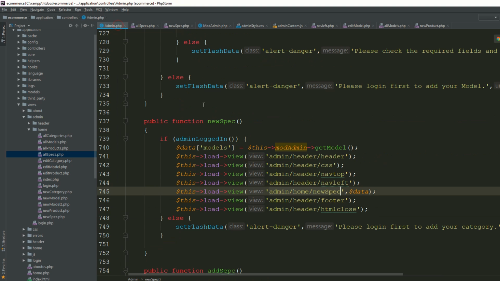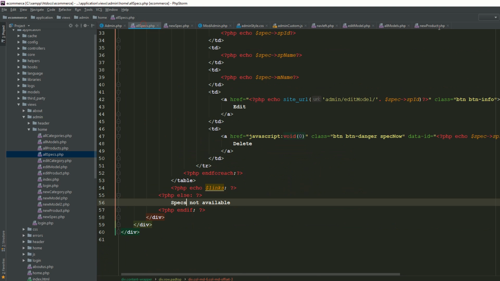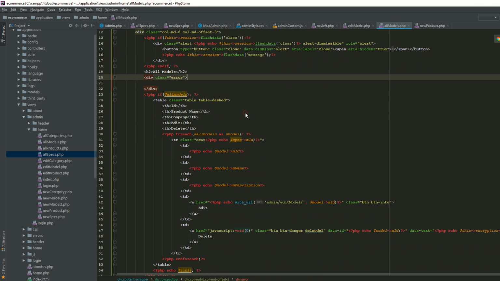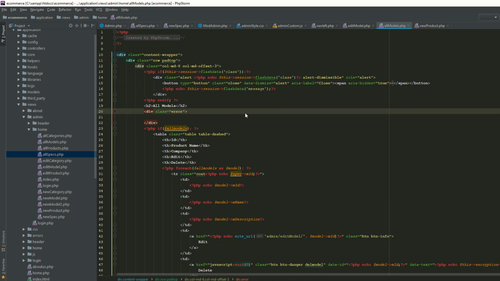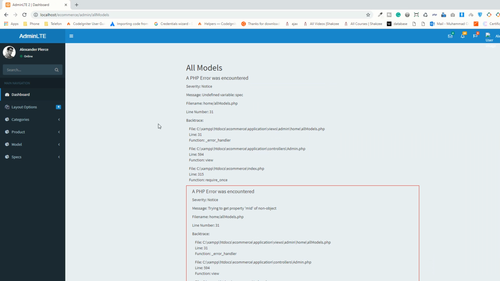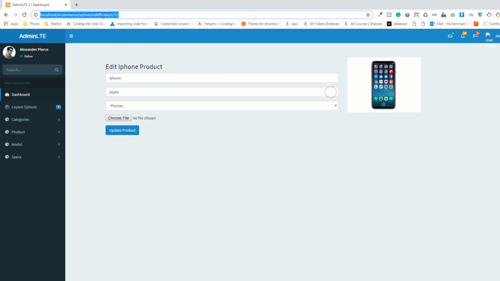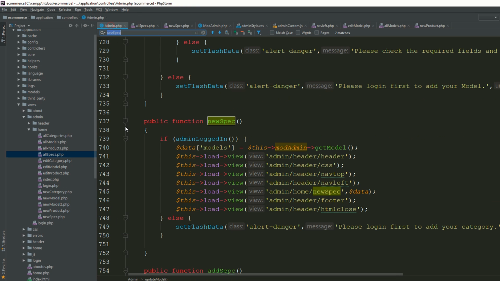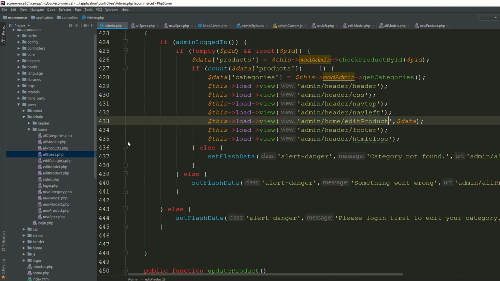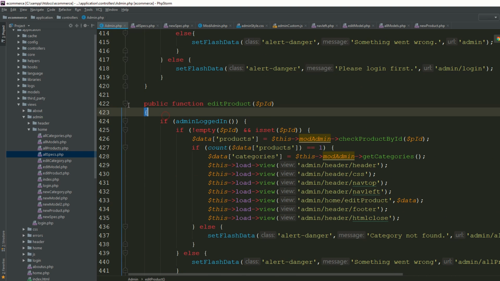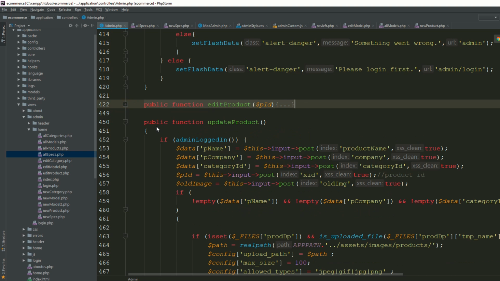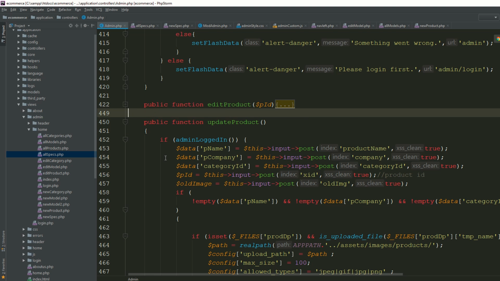And now I'm saying all specs. I think we have changed, we have not changed here. Okay, so don't worry about it. So go to the product, add product. Now copy this content, so this is your added product. Copy this and also copy this, because okay, you don't need to copy this. Okay, so now